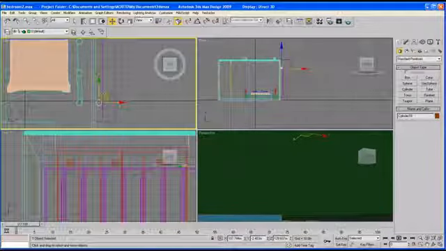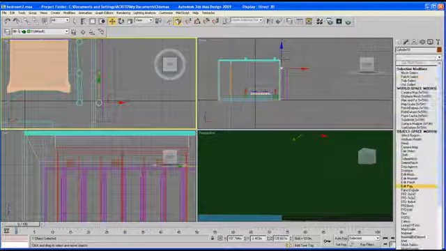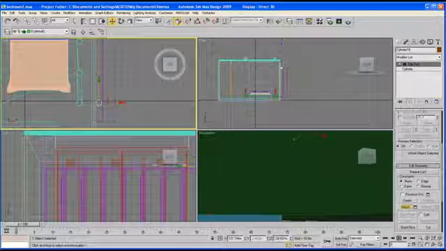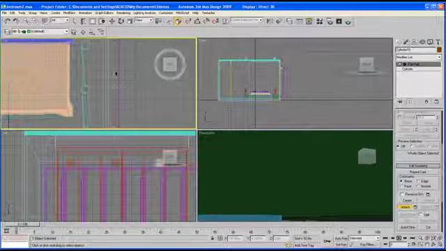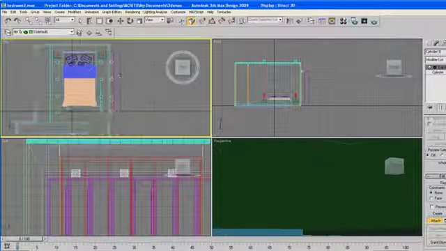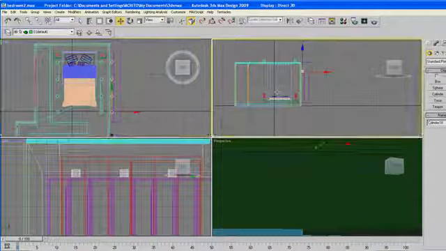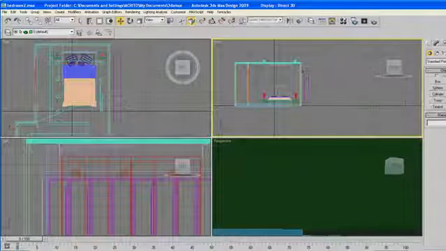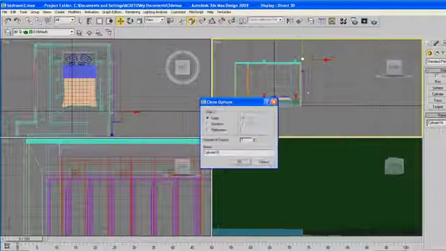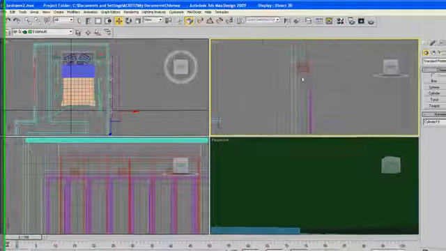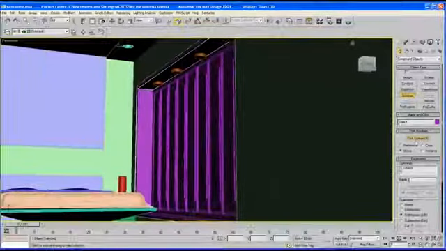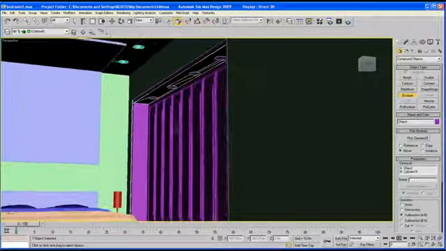And then that's okay. So again, apply the Edit Poly modifier to this. And then attach. Select attach. And then click on these. When they're highlighted in white, that means they're not part of that object. So we can select and duplicate that. Shift again to bring that up. And now we can go ahead and apply the boolean to this. Pick the upper end again and select. Now we've got holes